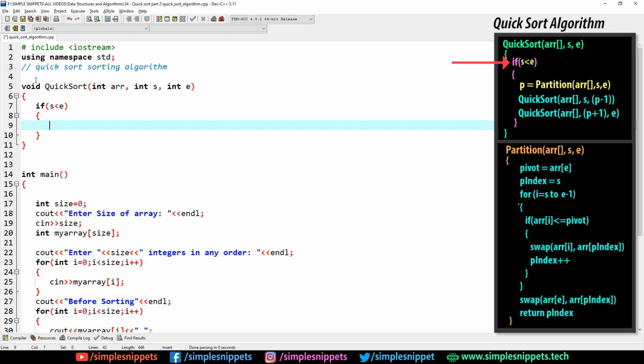When we have only one element, right? If we have only one element, we will have only one index, that is index 0. So that is the condition that will stop the recursion, and that's why we have to make this check. Now once this check is done, if this is true, if the start index is less than the end index,